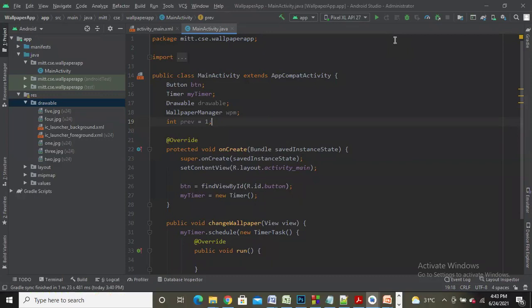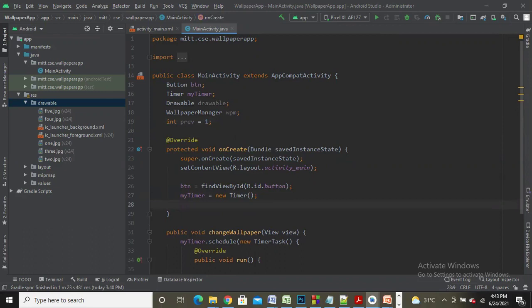Now, after defining a variable of type Drawable, of type Wallpaper Manager, I should get the current wallpaper which is pointed to by Wallpaper Manager.